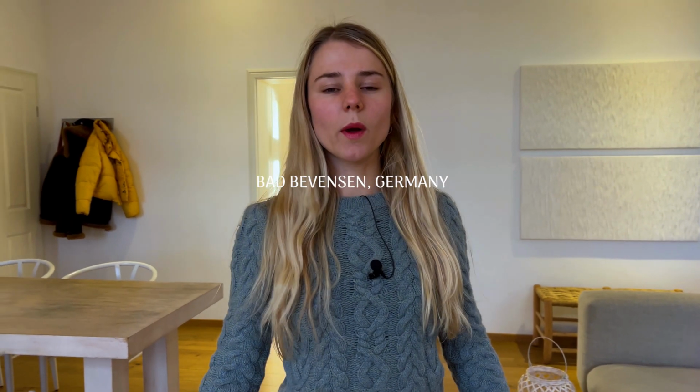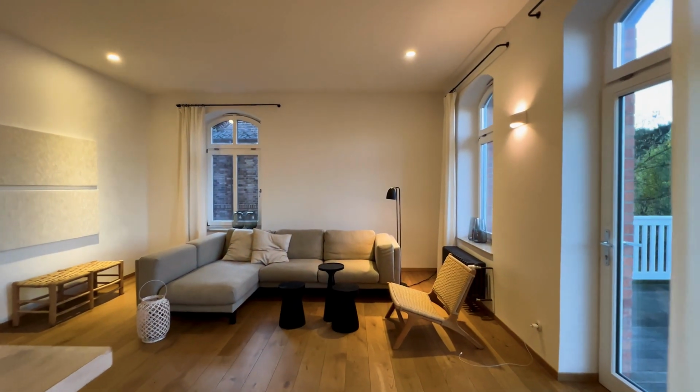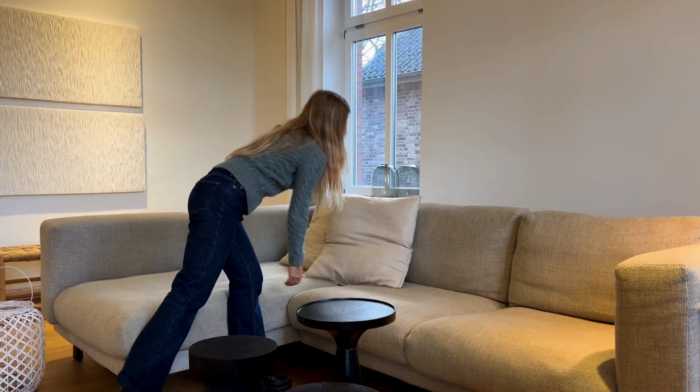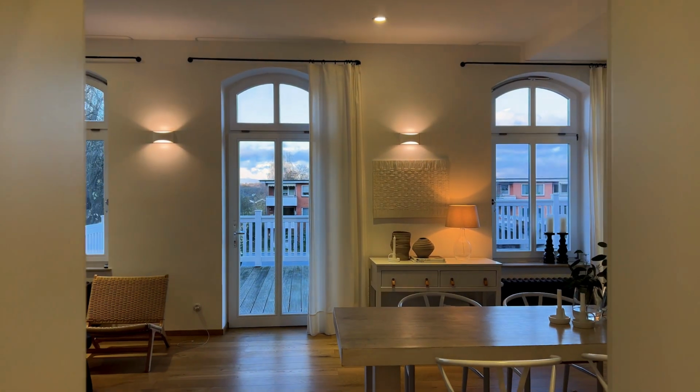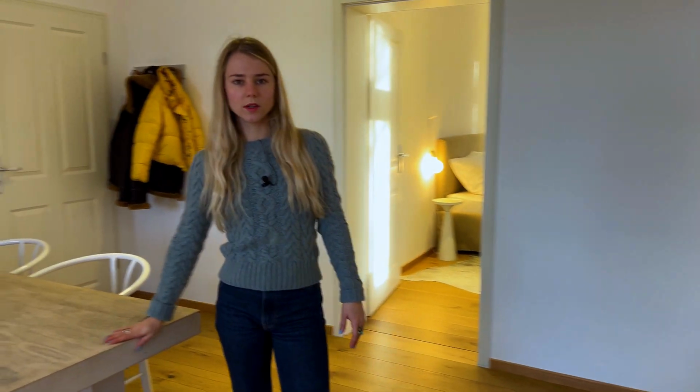You can see that the color palette is very muted and we have these rich neutrals, and I feel like this design really shows that neutrals layered with neutrals layered with neutrals again can indeed create a very rich and appealing design. Behind me we have the dining room area, and we just have this beautiful massive wooden table, and